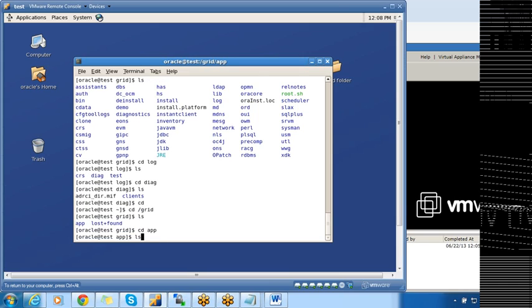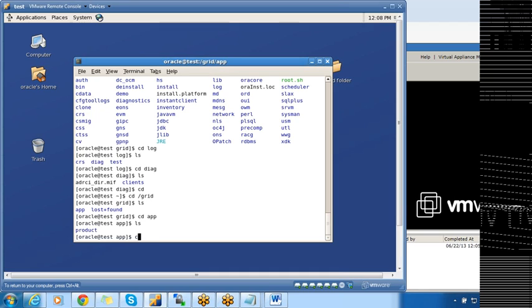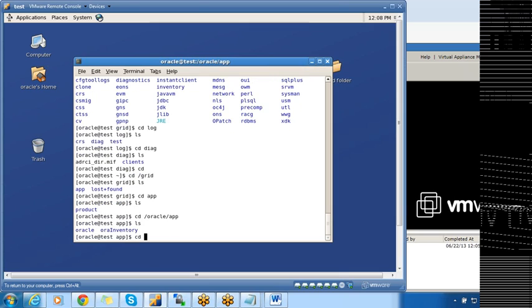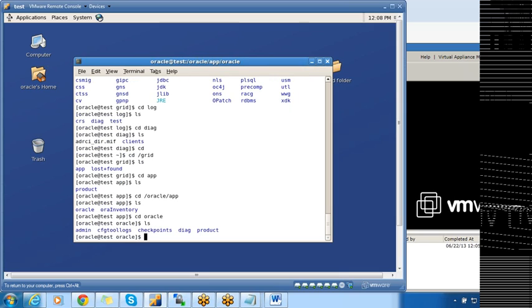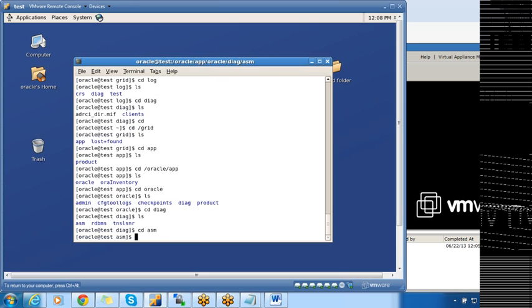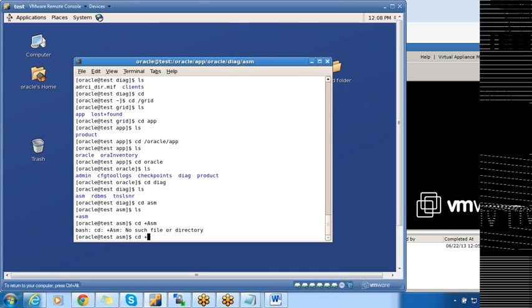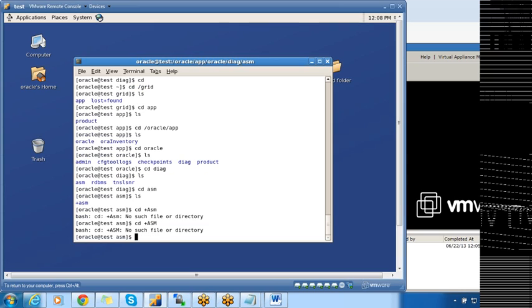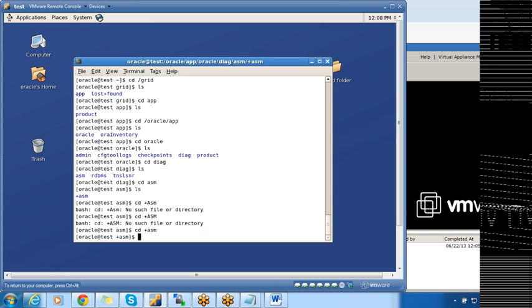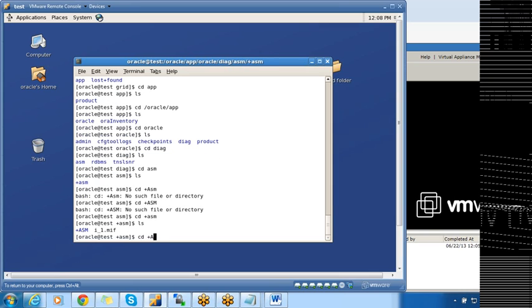Okay, cd oracle app, diag, asm. Okay, it's here.